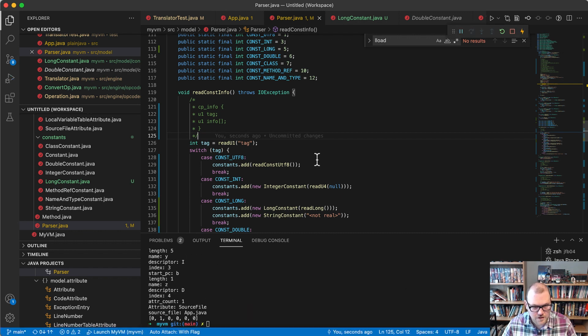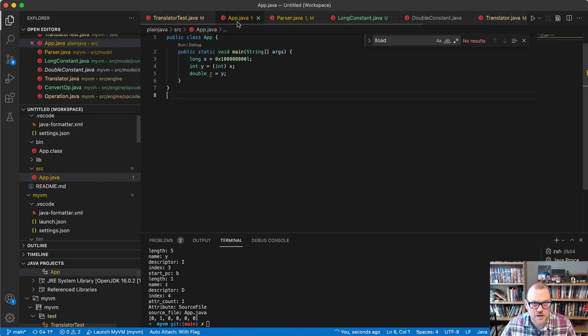So if we run this, something happened. Okay. Now we can be fairly confident that we have the right stuff in place because we're seeing a 1 there, right? So we got 1 into x,